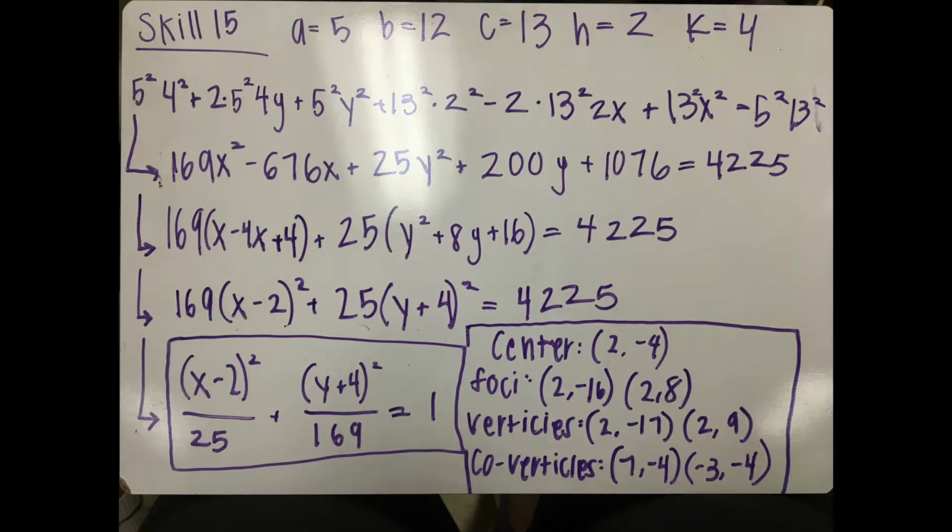Okay, so for this skill, I made my A value 5, B value 12, C 13, H is 2, and K is 4. So the first thing that I did is I plugged in those values into the provided equation. And then after multiplying and combining like terms, that equation simplified to be 169x squared minus 678x plus 25y squared plus 200y plus 1076 is equal to